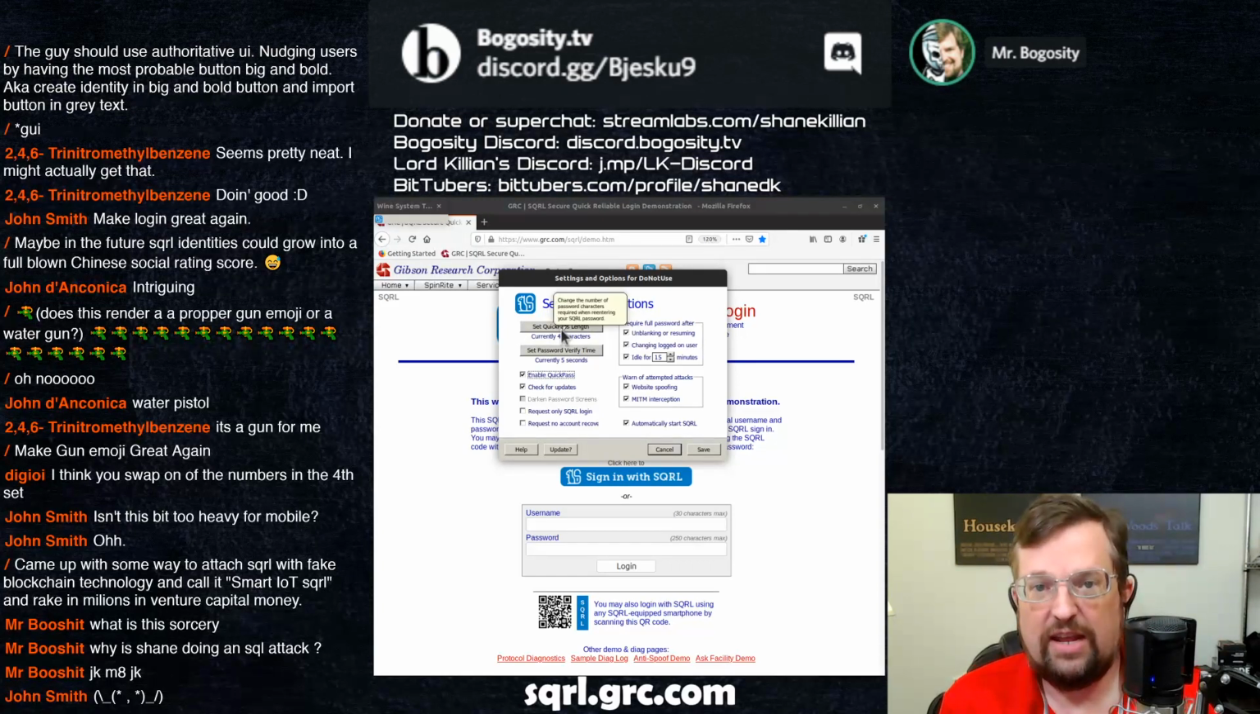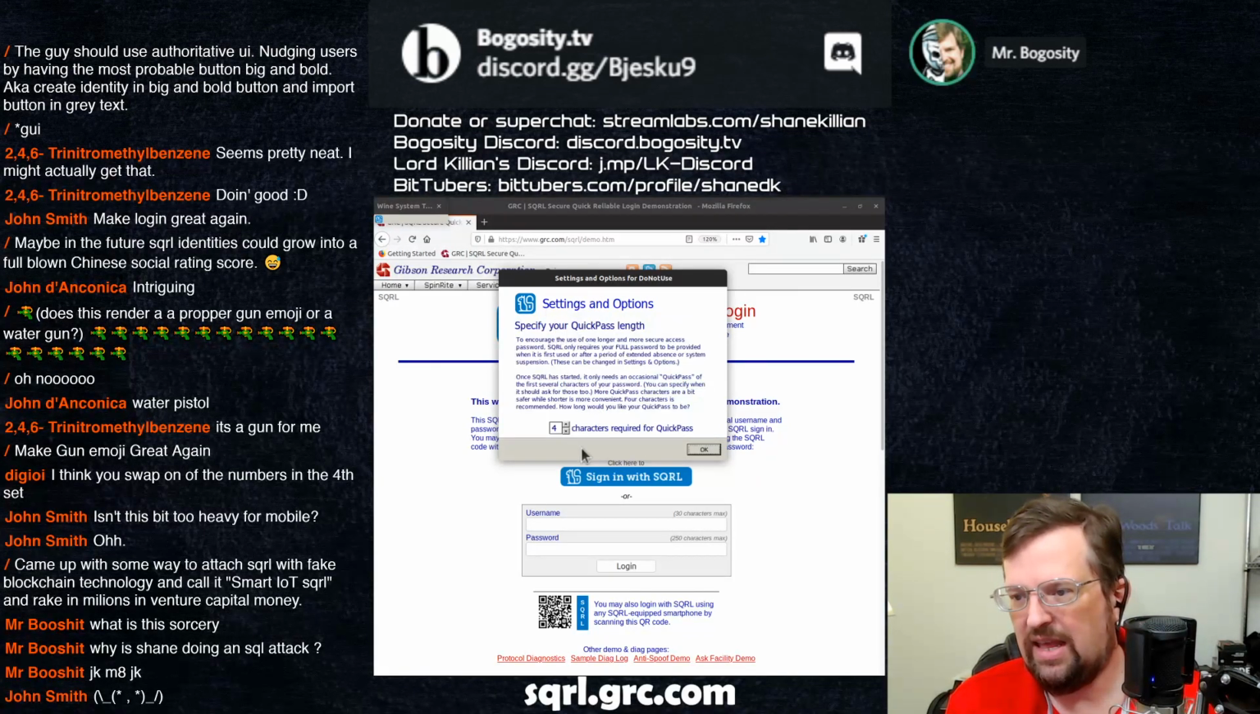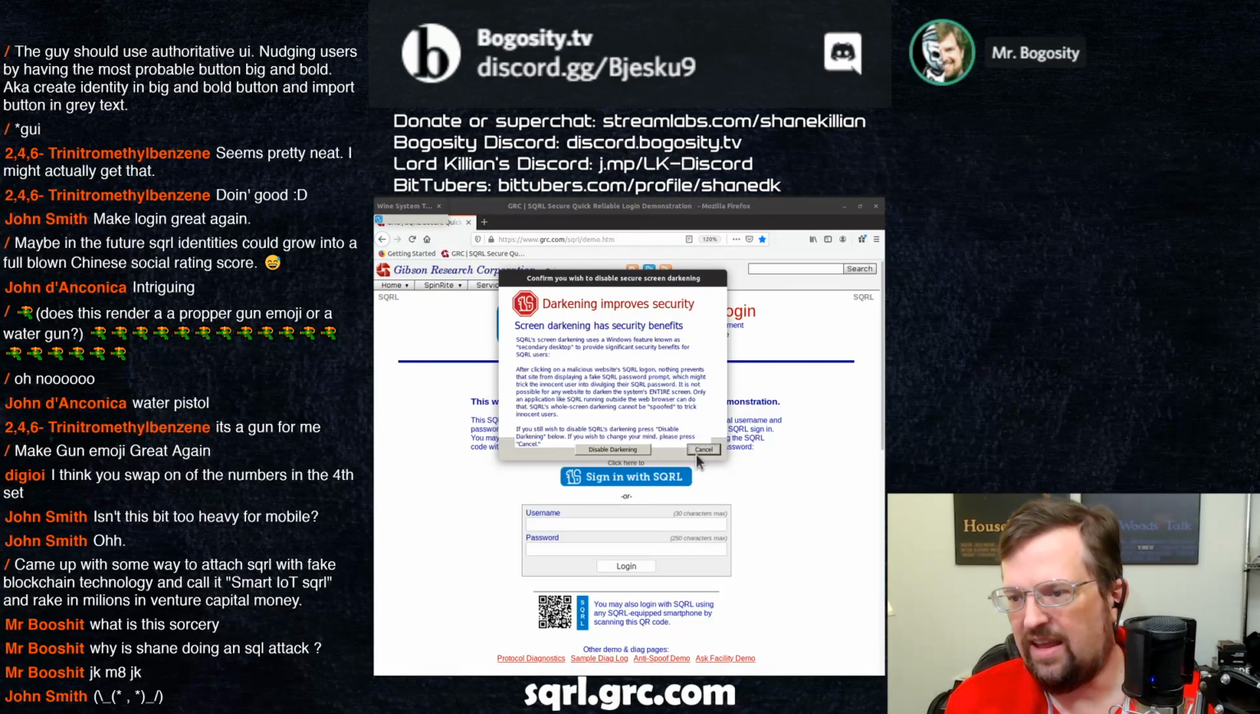So the top one here is set quick pass length. It doesn't have to be 4 characters. If you're the more paranoid type, you can set it to something big, or turn it off entirely. That's enable quick pass down here. You can turn it off. Or if you're really lazy, you can just do 1 character. So if I do that and I hit save,